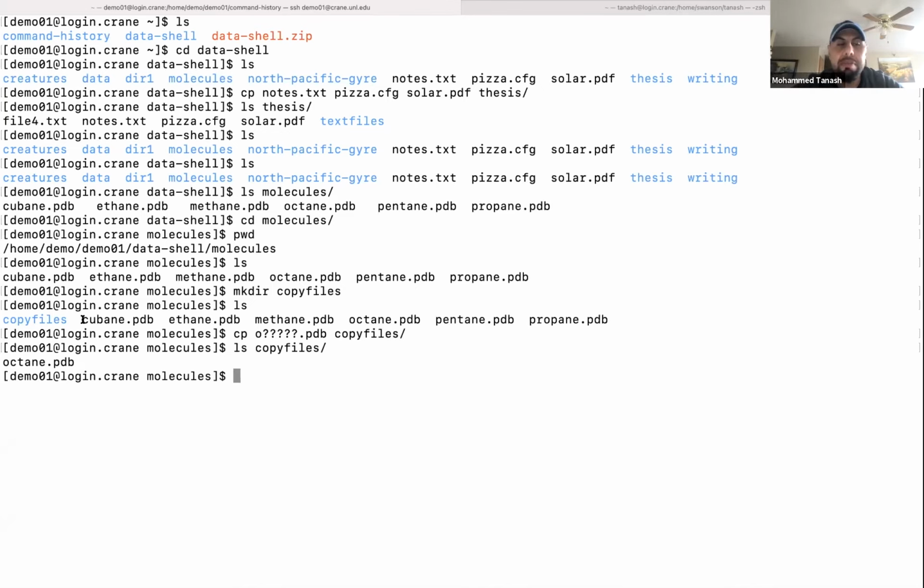But it doesn't matter if the B is the first letter, second, third, etc. I don't care. I just want a file that has the character B in its name. So what I can do is cp, then asterisk, then B,